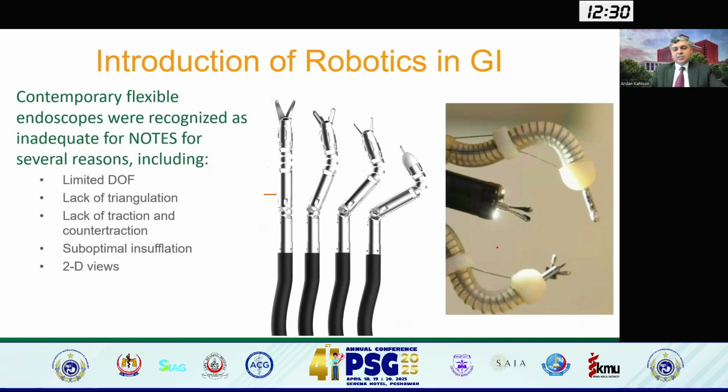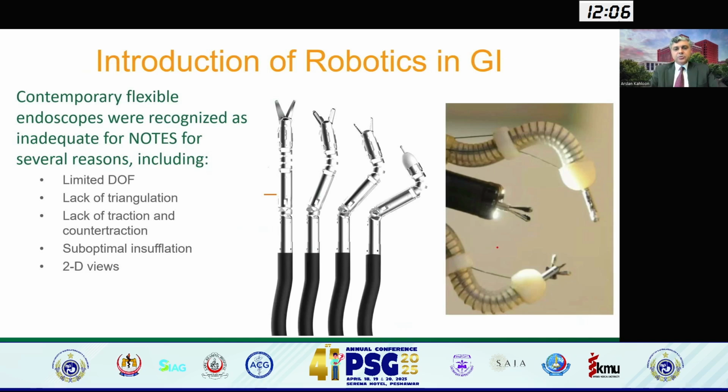So when an endoscopist is performing procedures, they're not able to use both of their hands in a triangular fashion, which is also shown here, like in a crab-like configuration, where you're able to actually use both hands to either lift, track, or use them as a counter traction device where you can perform dissections much faster, much quicker.